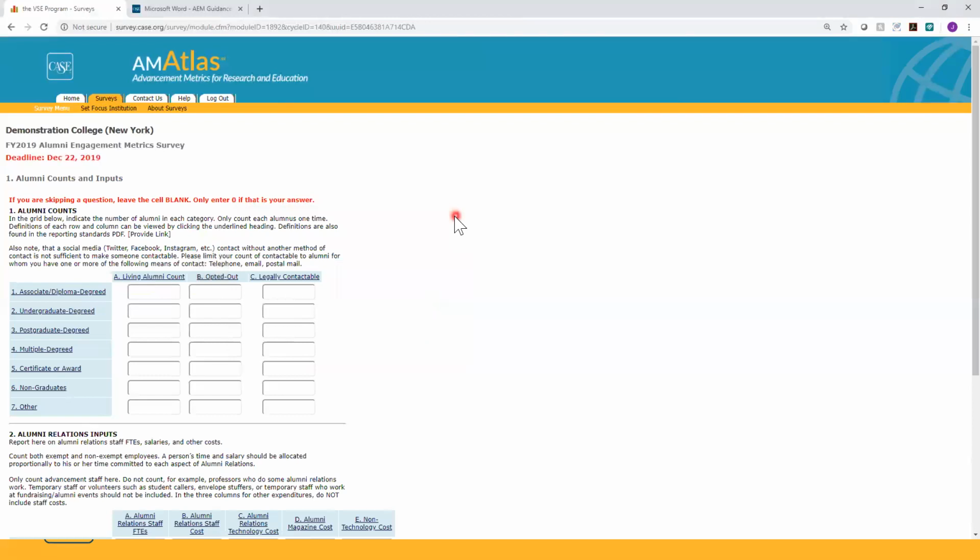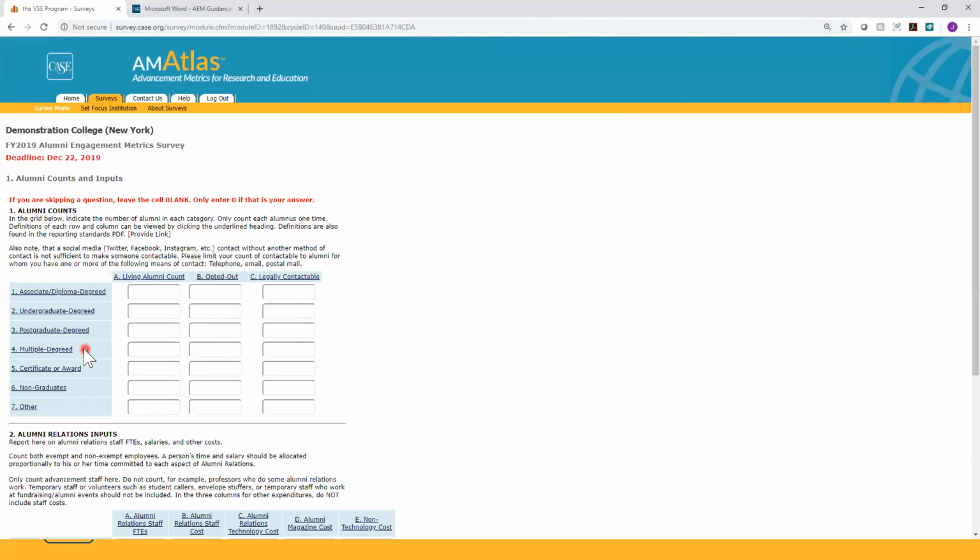So, as a reminder, we only want those unduplicated counts here. So, if you have alumni who received multiple degrees at your institution, they should only go in category 4, which is purposefully set up for those types of alumni. They would not be counted again in the other categories. As you're going through this, if you have a section that you just don't have data, enter a 0 to indicate that. At any point in the survey, should you not wish to answer a question, simply leave that question